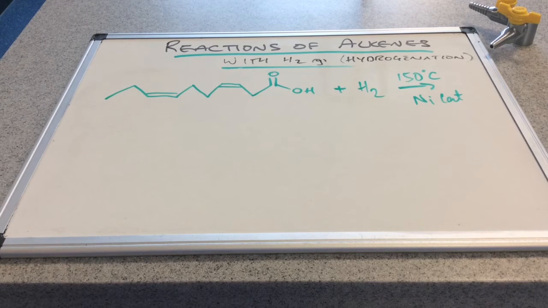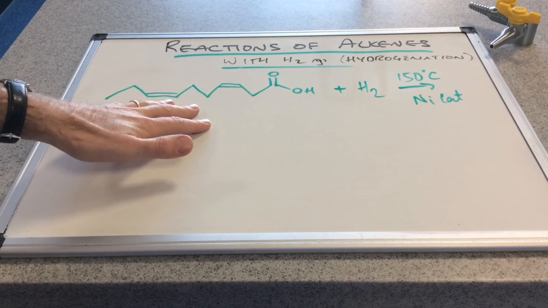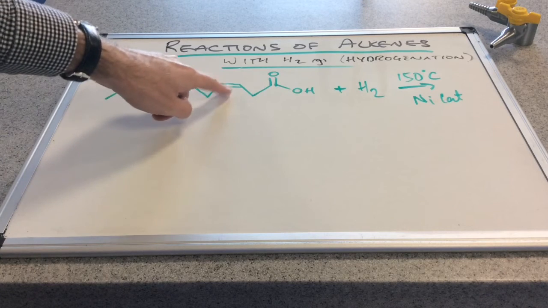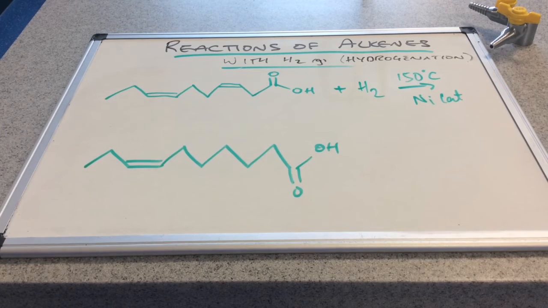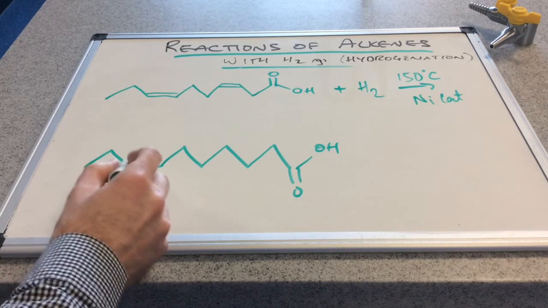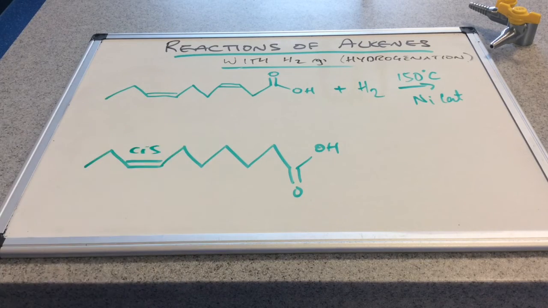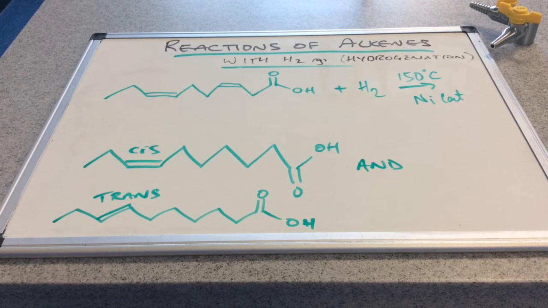So let's suppose for this partial hydrogenation of this fatty acid, we're going to lose this carbon-carbon double bond here. So what are we going to make? There you can see there's one of the possible products. We've still got the carbon-carbon double bond in the cis formation. Now notice I said one of the possible products. The thing to realise is this process can actually produce the trans form of the fatty acid as well. So you can see there's the trans form of the fatty acid as well,